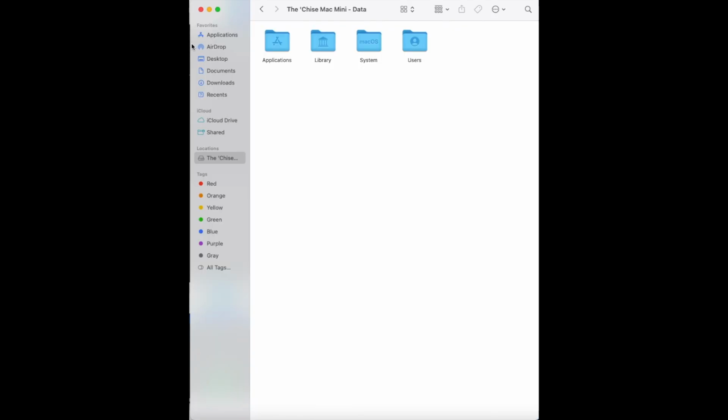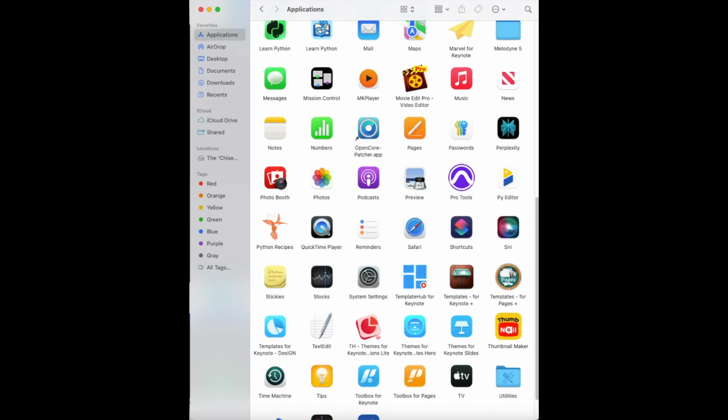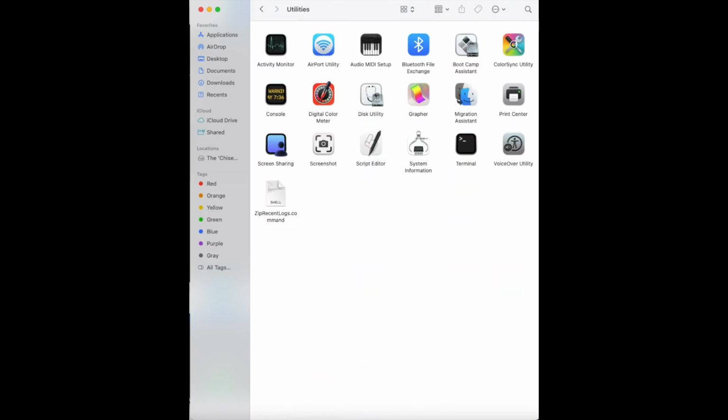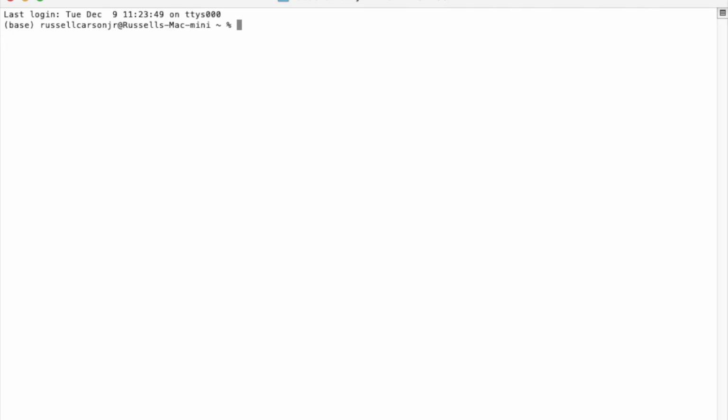You can download macOS Sequoia with your terminal using the command softwareupdate. Open your Finder window and click on Applications. At the bottom of the Applications window, you'll find the Utilities folder. Double-click. Now double-click on the Terminal icon. At the terminal prompt, type softwareupdate space